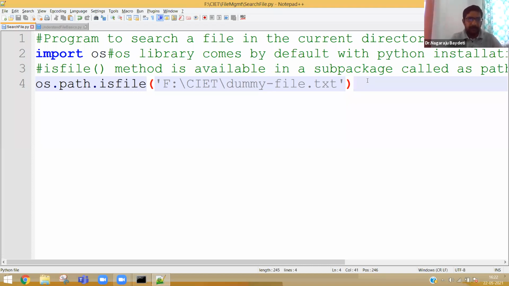Okay. Now, see here, a program to search a file, that's a better thing.